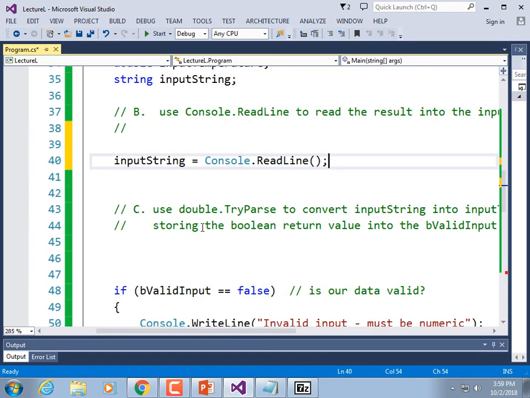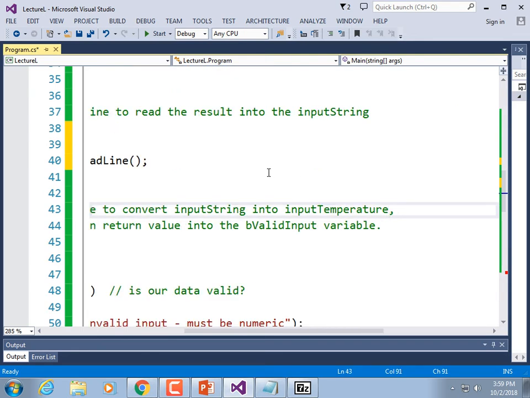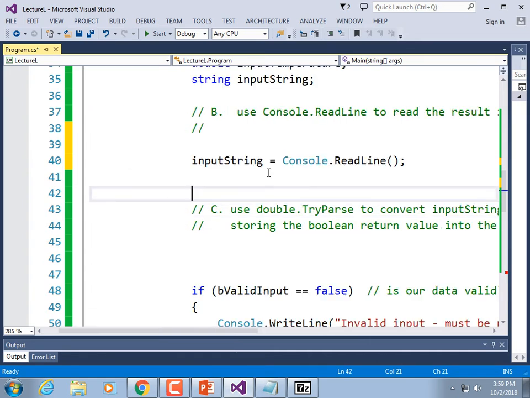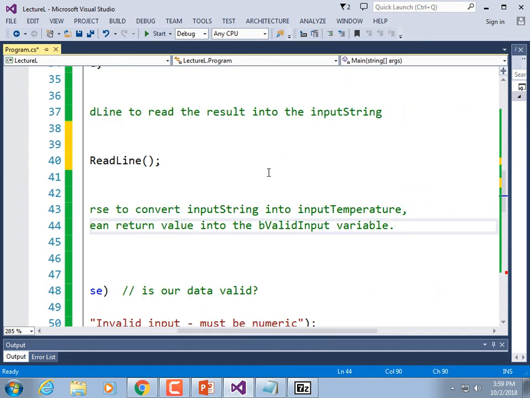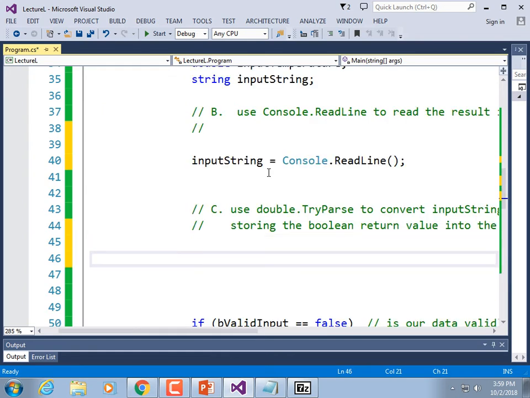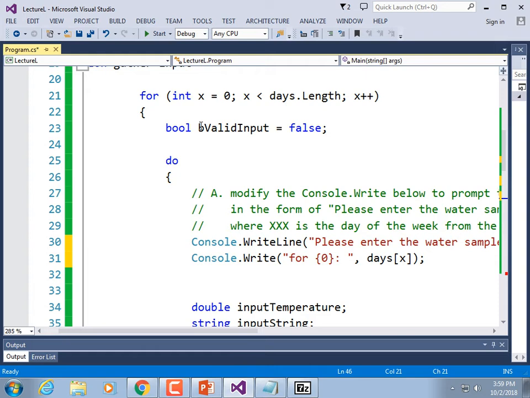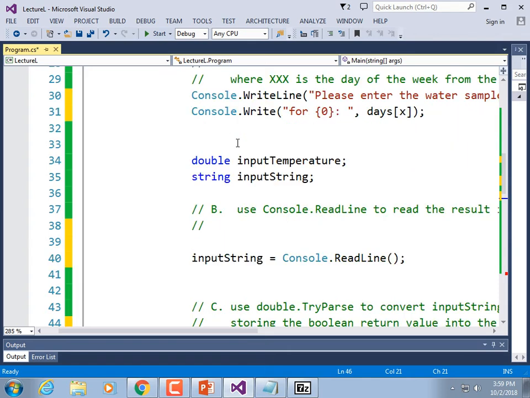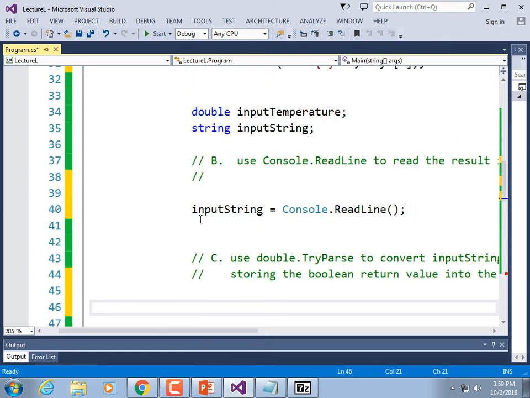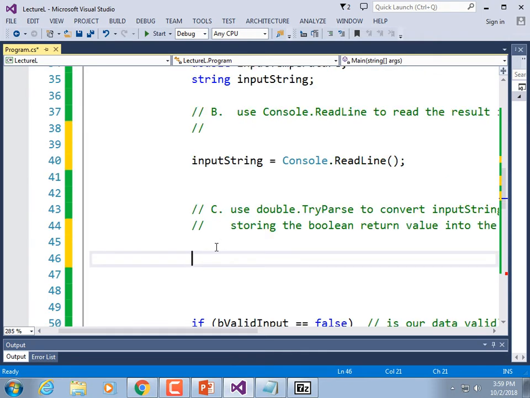Okay, so use double dot try parse to convert input string into input temperature. We love our long variable names. Storing the Boolean return value into the be valid input variable. I hope I declared that. Yeah, I did. Okay, it's up here. Be valid input is equal to false. That's going to be our loop control variable, actually. This could have just as easily been a while loop. Anyways, alrighty, so